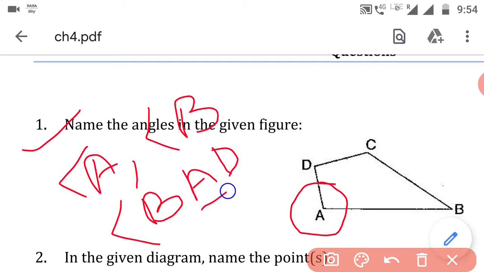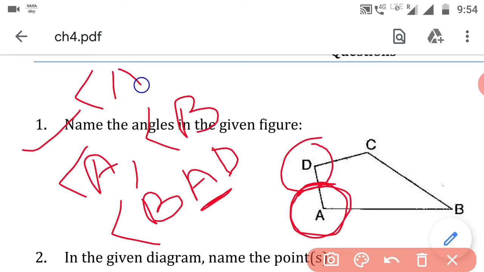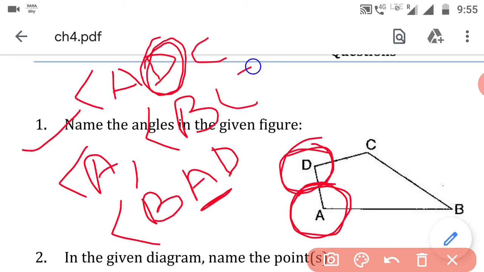Okay. Now A is in the middle. That means we are saying angle A. Now if you want to say angle D, then you can write angle A, B, C, isn't it? Now we are mentioning angle D, means the angle you are mentioning should be in the middle, or else you can write C, D, A also. Okay, it is the same, C, D, A also we can write. So come to the answer.